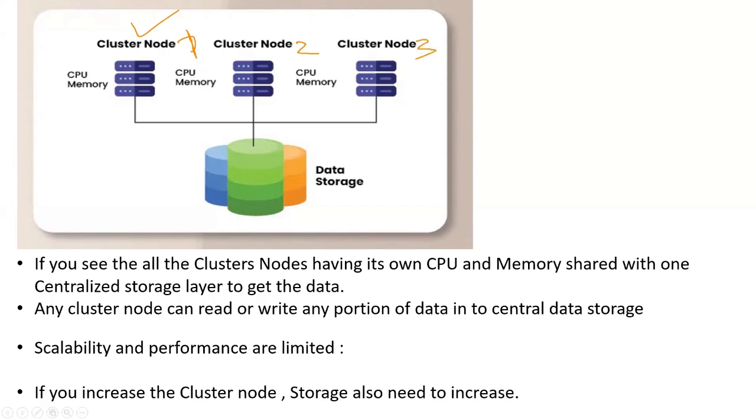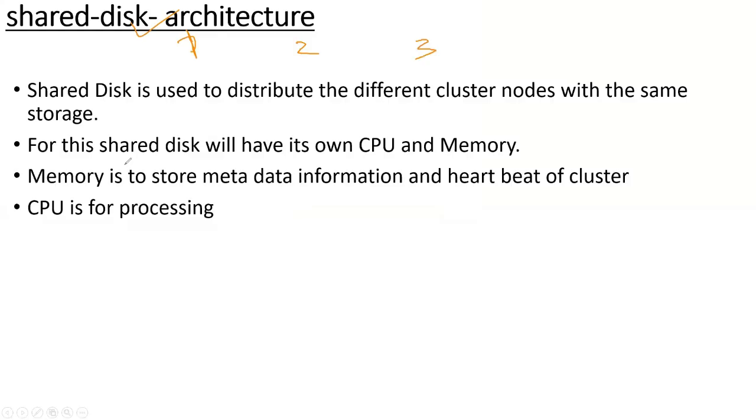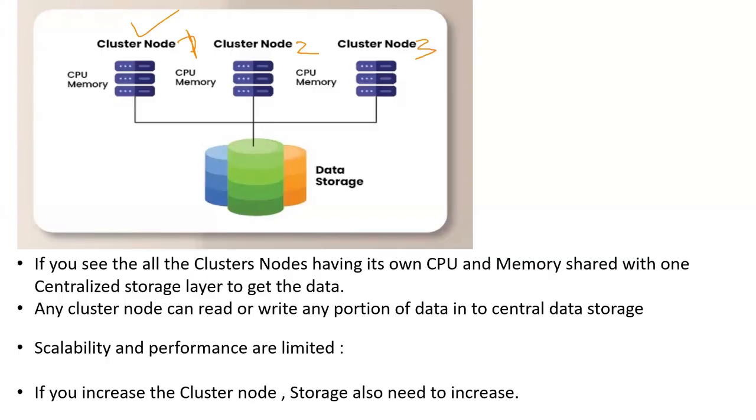As I mentioned, each will have its own CPU and memory. This is the cluster node, and it has its own CPU and its own memory, and cluster node 2 has its own CPU and memory, and cluster 3 has its own CPU and memory. Why I'm mentioning "its own" is, as you see,